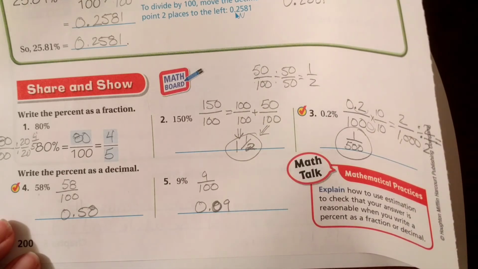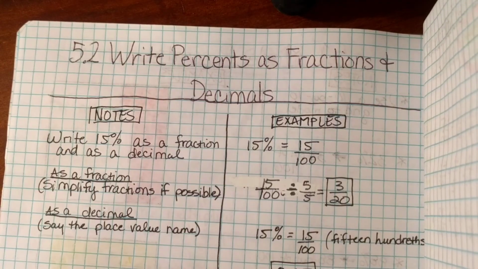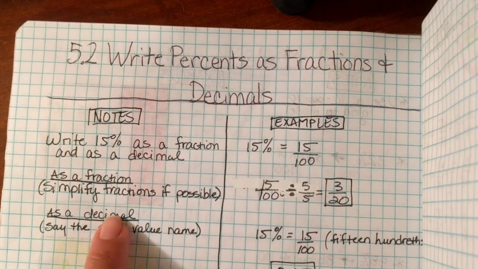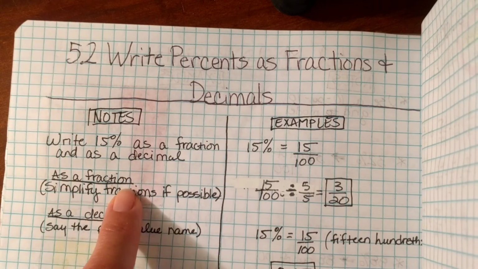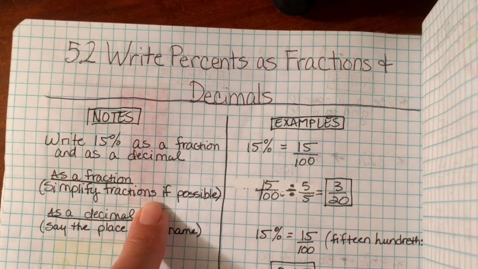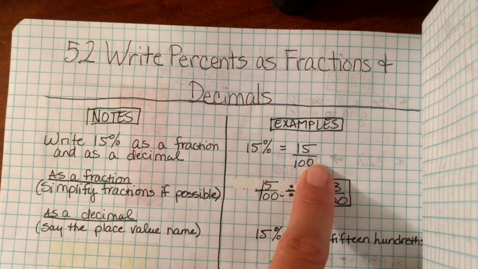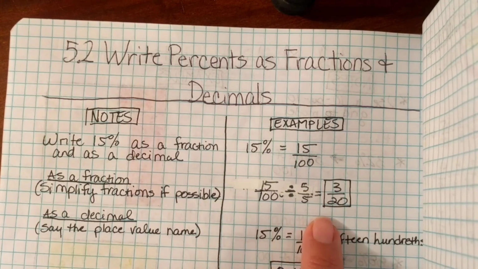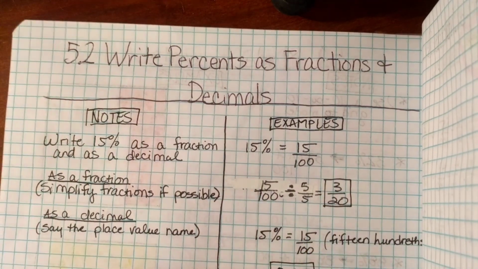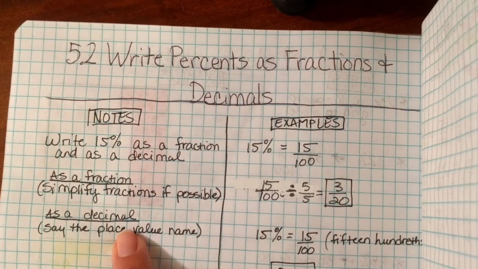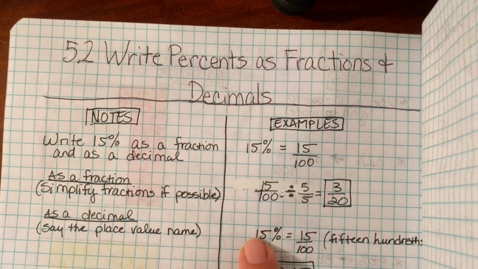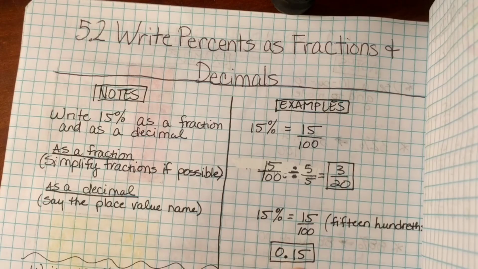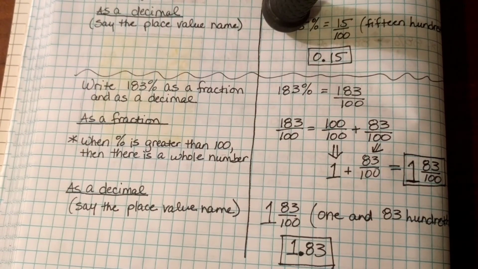All right, let's take a look at our notes. All right, so write percents as fractions and decimals. Here's our notes. Write 15% as a fraction and as a decimal. So when you write as a fraction, make sure you simplify the fraction if possible. So here we have 15% equals 15 over 100. Divide by a factor of 5 over 5. We end up with 3/20. And as a decimal, all we have to do is be able to say its name. 15% equals 15 hundredths. Therefore, it is 0.15. All right, and lower on the page,